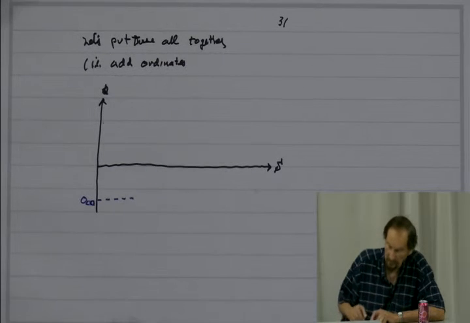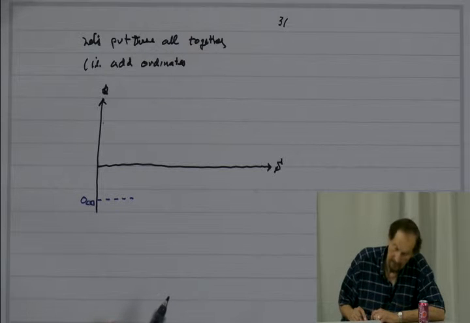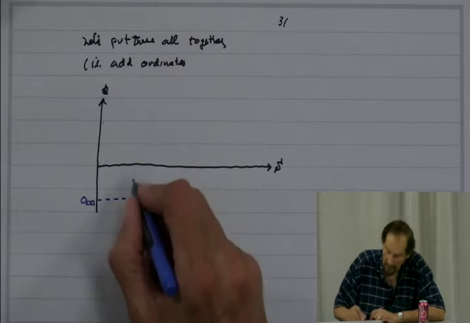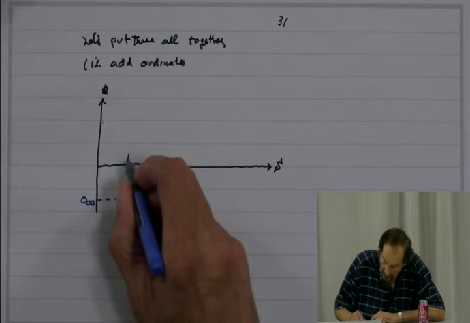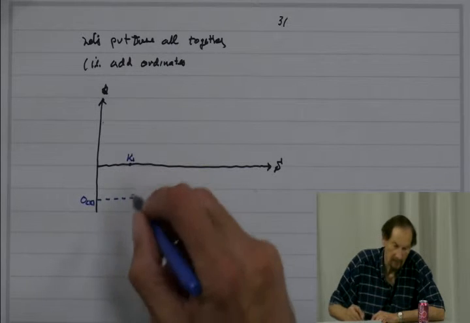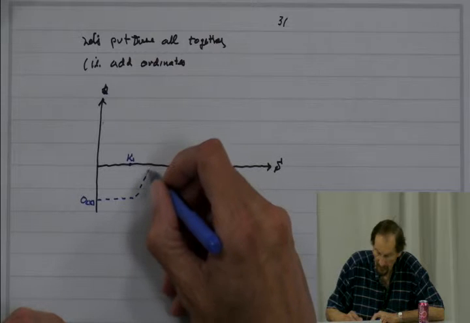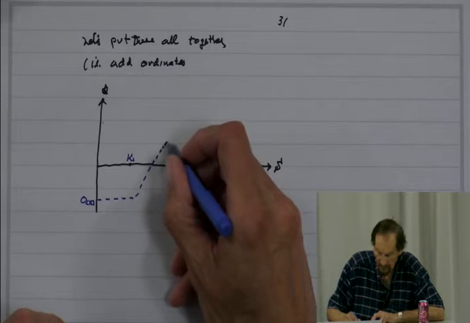And remember, K1 is smaller than K2 and K3, so it has a decent sized premium. So we'll say that this is K1. Now, what happens here? We start going up here